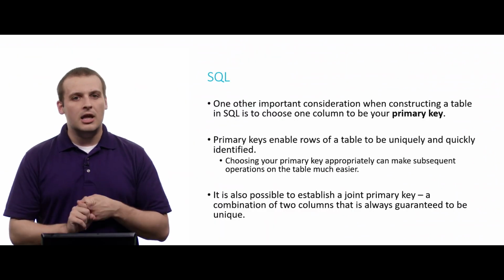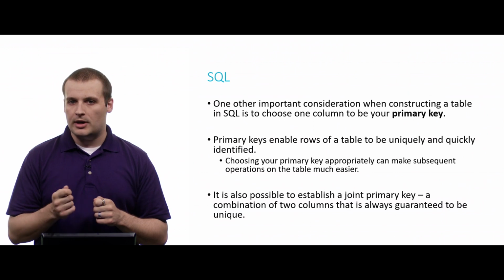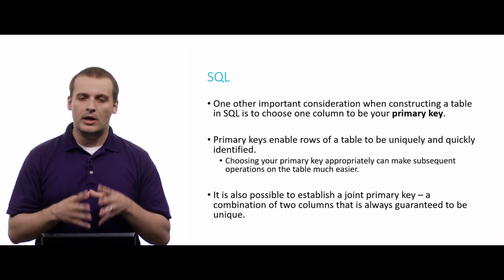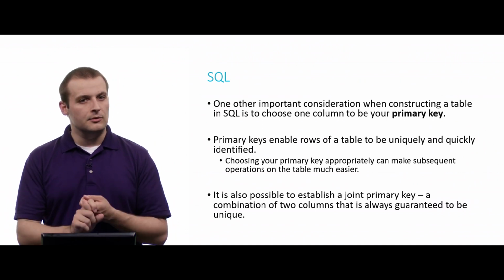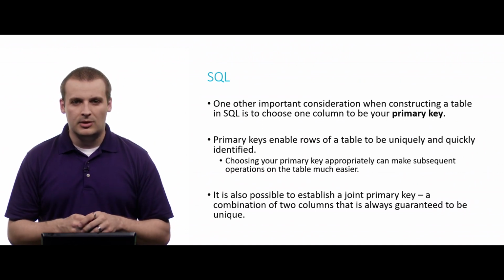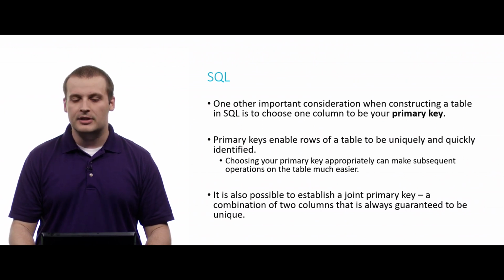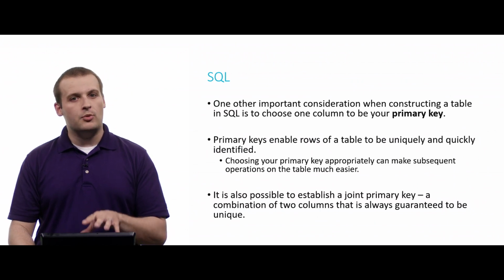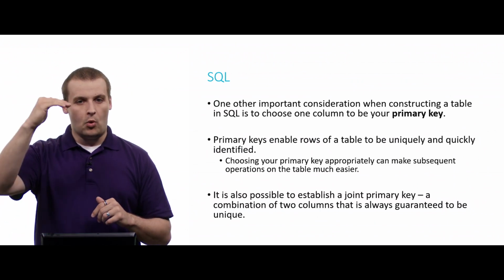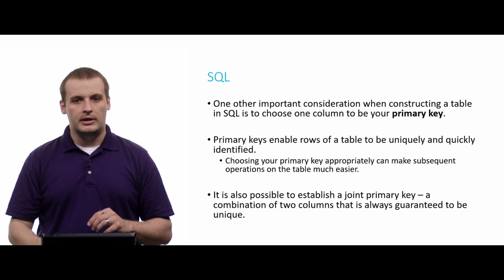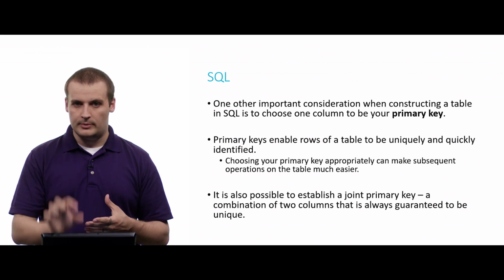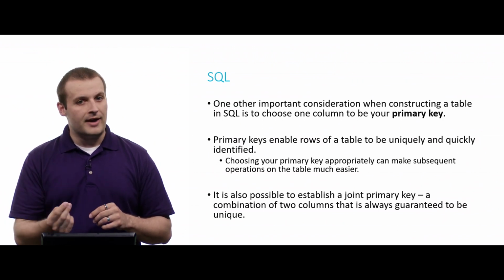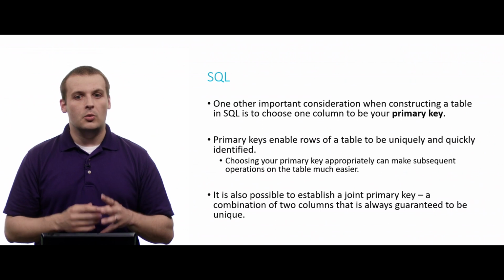So after specifying the columns, it's also really important in our SQL table to have one other consideration, which is to have one column, which is our primary key. Why do we need a primary key? The reason is every row of our table, in order to make our SQL queries most effective, should be able to be uniquely and quickly identified. So choosing the right primary key will allow us to make sure that there is one value in every row that is completely unique. And if there is one column in every row that's unique, then we can uniquely, or very quickly, identify which row we're talking about.